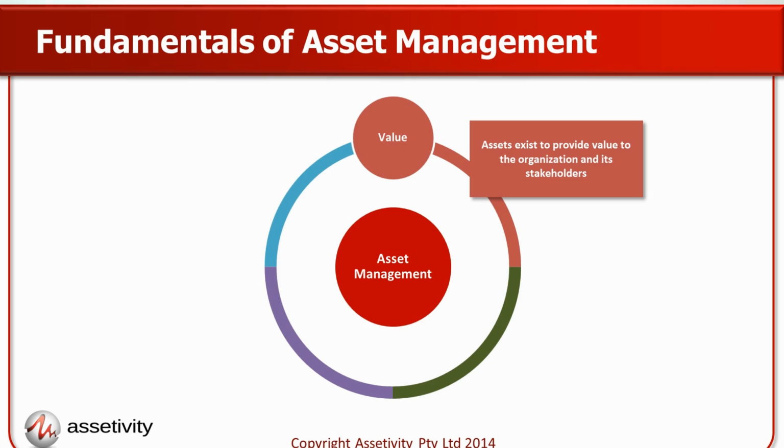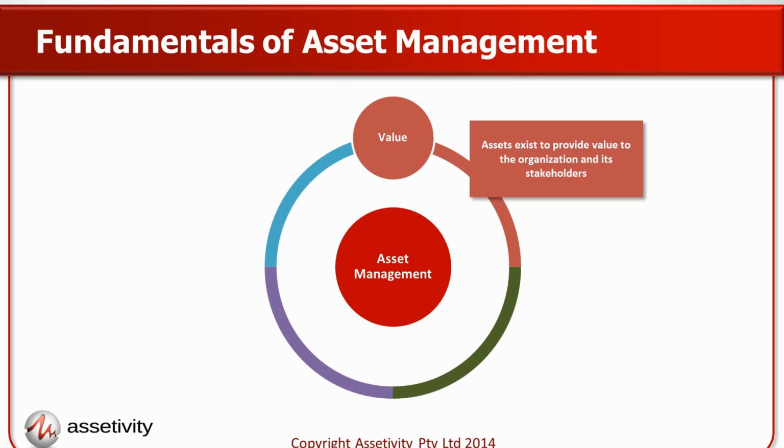And really what this is about is ensuring that the organisation gets things in the right order. First we work out what we need to achieve, and then we go and work out what assets we need to do it. And most organisations get this right at the start of their life when they're first buying assets, but they tend to lose track of it over time and end up looking after assets for their own sake rather than for the value they can provide.